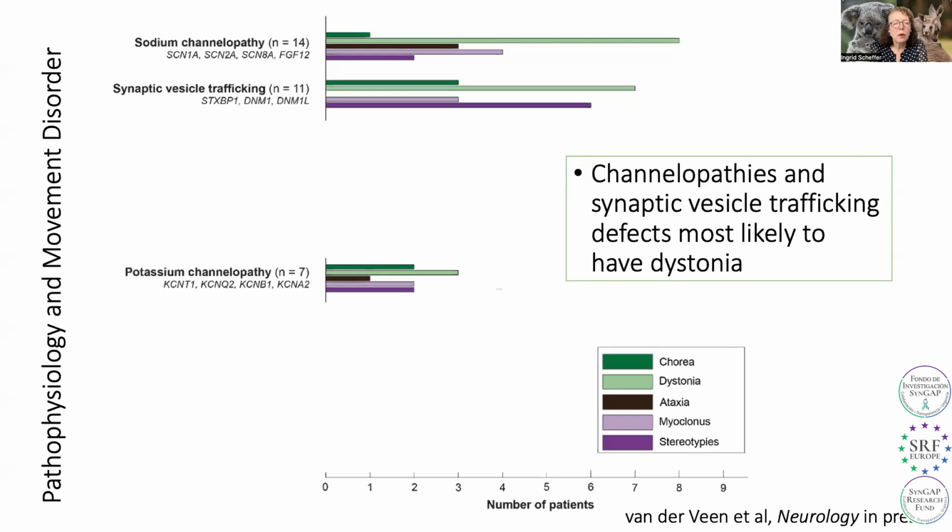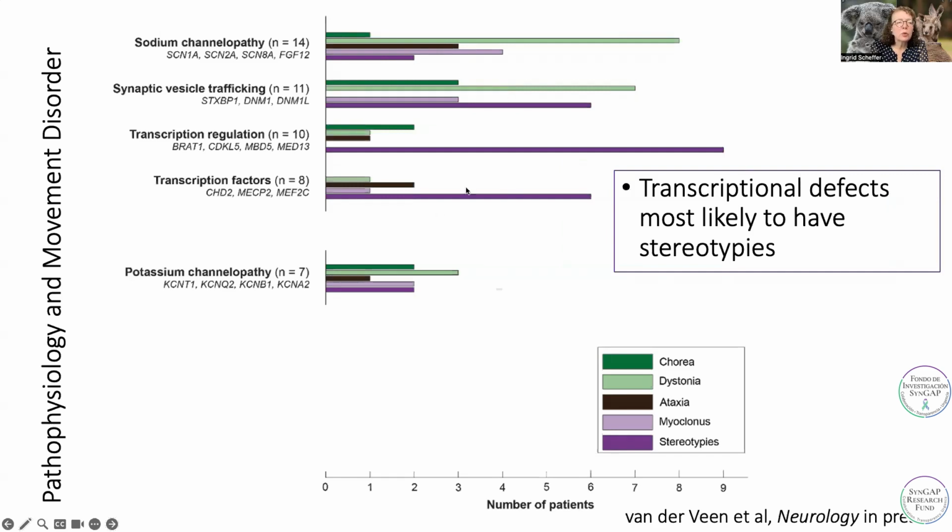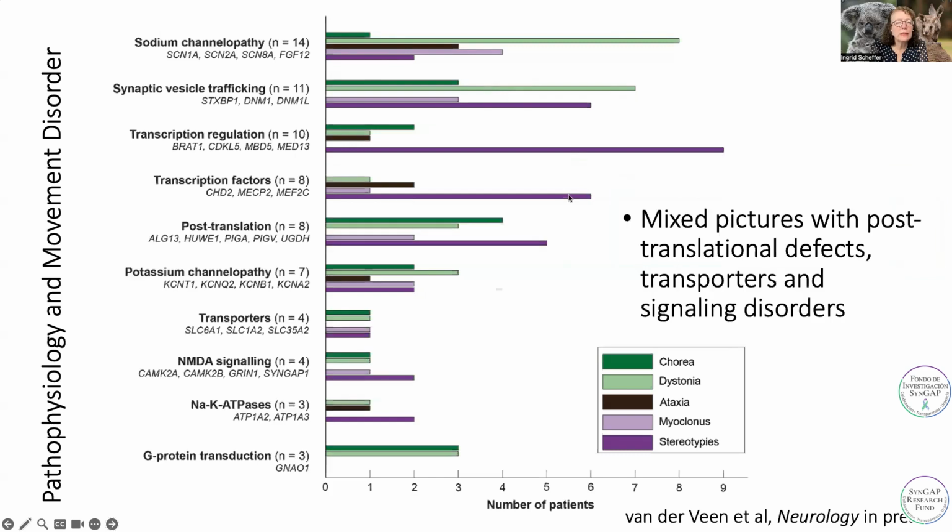So what about the biology? Well, we could begin to make some correlations, but as I mentioned earlier, we need much better data to be able to do this well. The channelopathies, sodium and potassium channelopathies, and synaptic vesicle trafficking genes were most likely to be associated with dystonia, seen in the light green. Transcriptional defects were most likely to be seen in the purple, associated with stereotypies, and then other different mechanisms were associated with mixed pictures, and these include post-translational defects, transporters, and signaling disorders, and this is where Syngap sits down